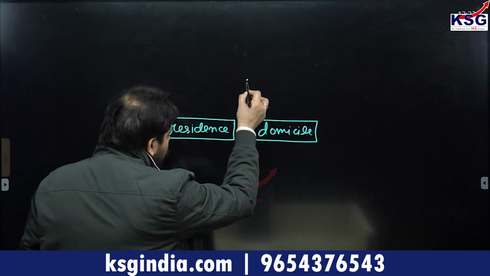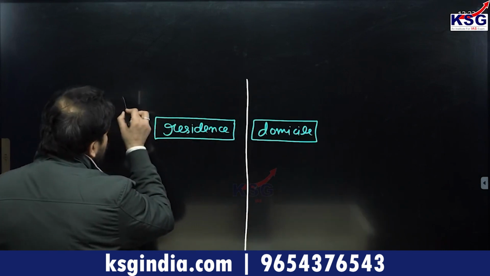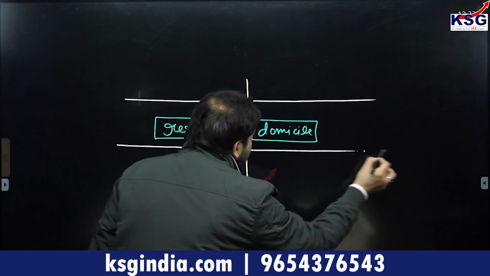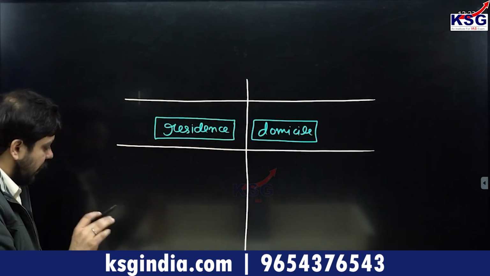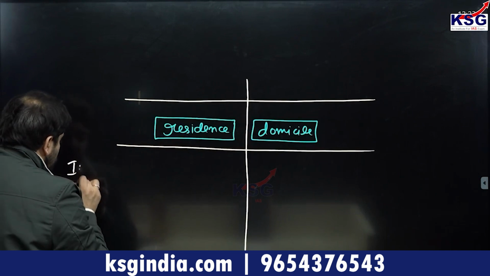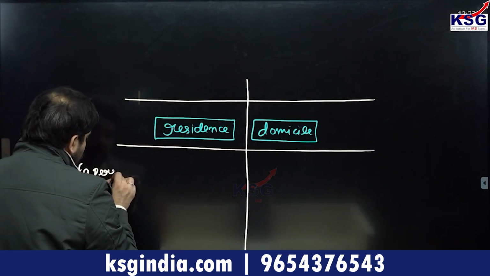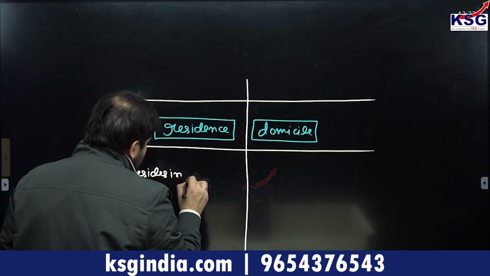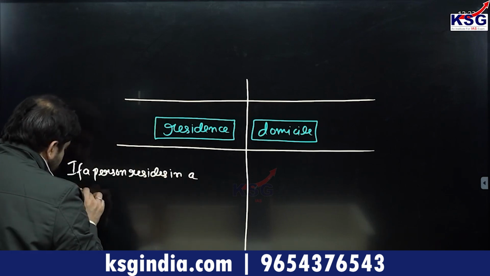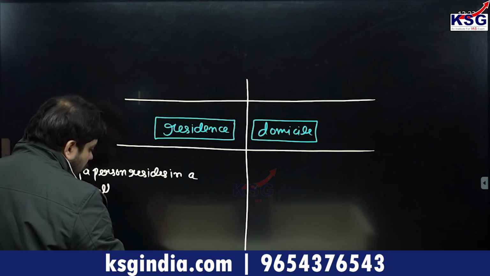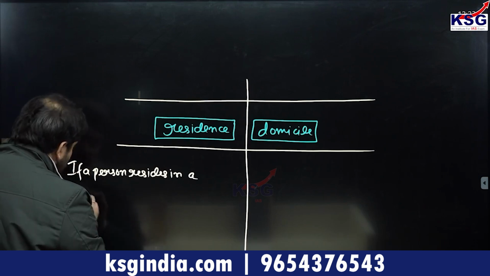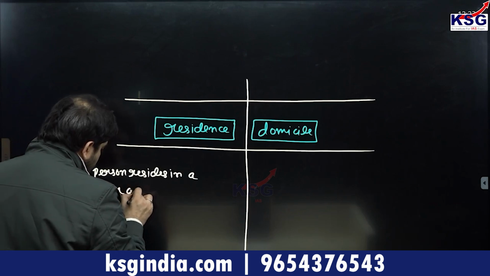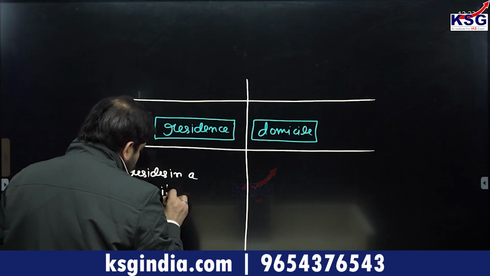Now they don't have a textbook definition given in the constitution as to what the differences are between them, but very simply we can understand the differences in this categorization. Take a look at it very clearly. If a person resides in a particular area, it is